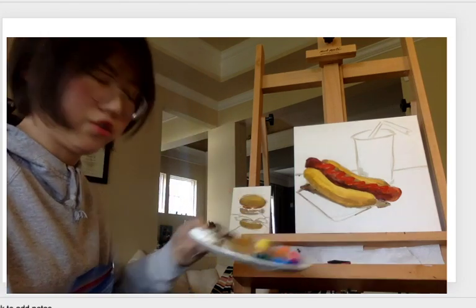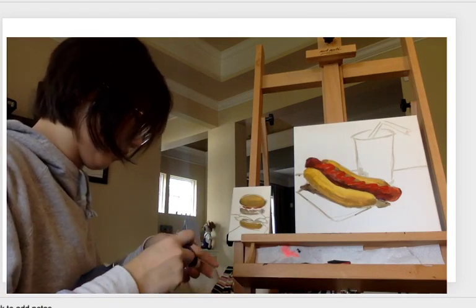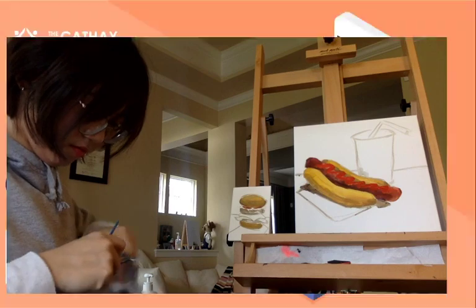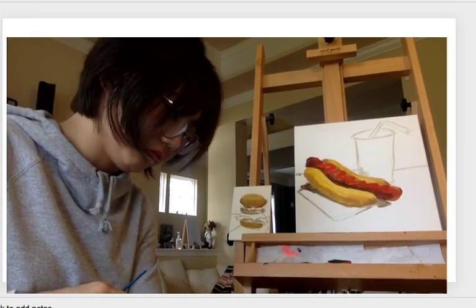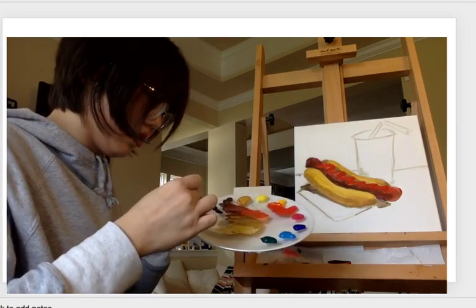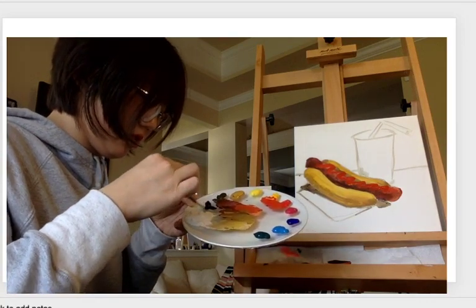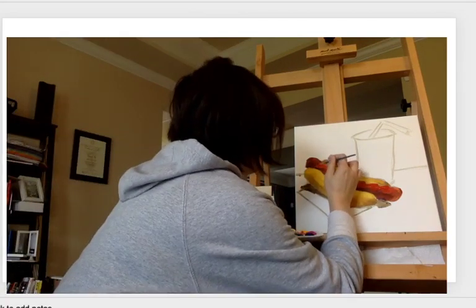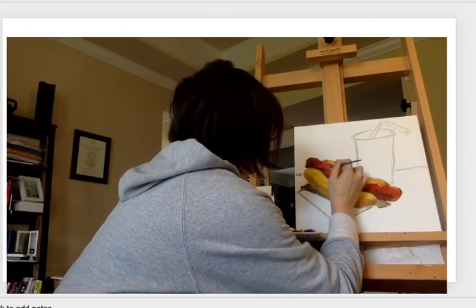Actually, you don't need much. Dry brush as well, you see that? Teeny tiny. And then follow the